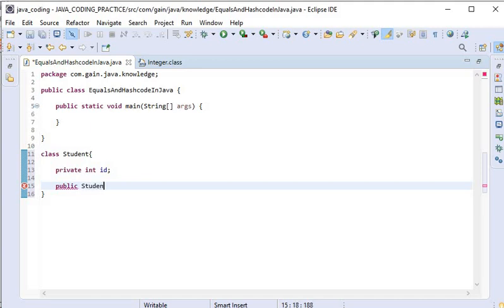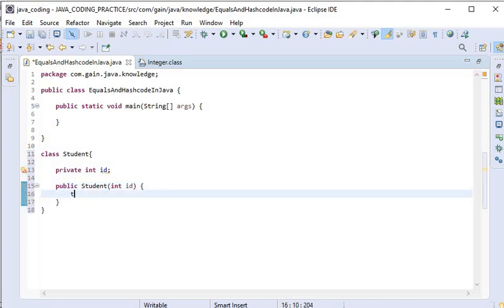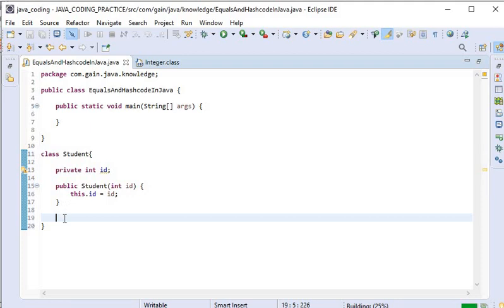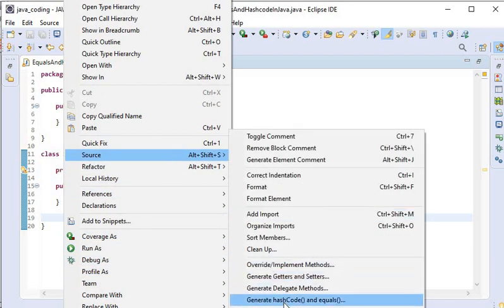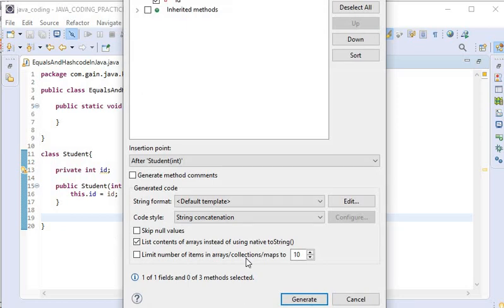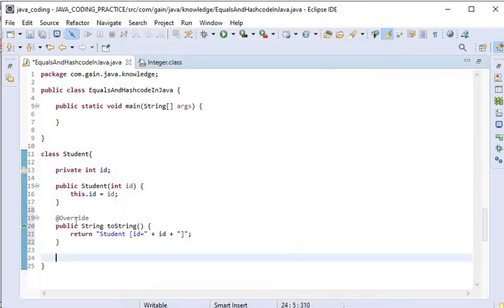Here I will use this.id is equal to id, and here we need to use the toString method so we can check the object value. So here I will go to source and generate the toString function and will use the ID.